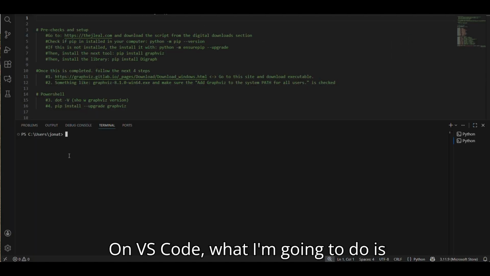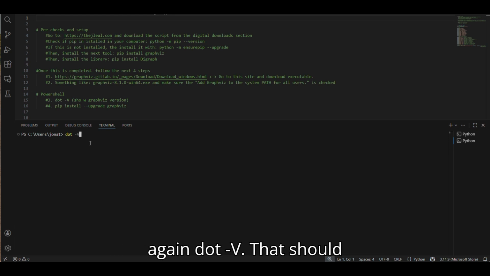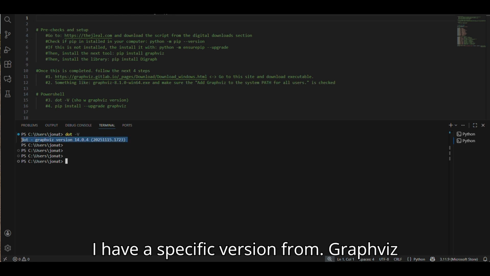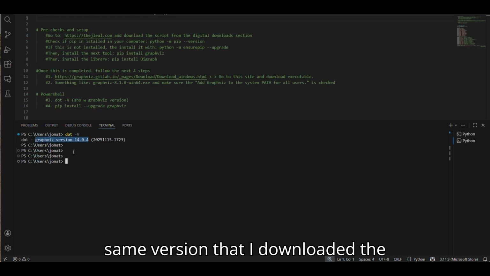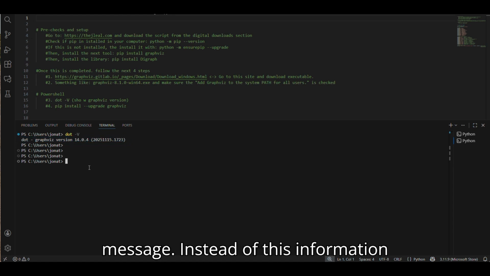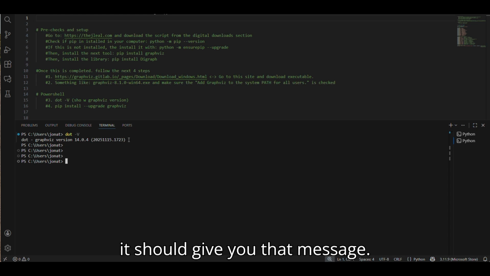On VS Code, I'm going to run this command line again, dot -v. I ran this on PowerShell and it worked, but now from my VS Code terminal I have to run it again, and I should see this message saying that I have a specific version of Graphviz, and you can see it's the same version that I downloaded the executable for. So I'm good to run it. In case you get an error message instead of this information right here, restart VS Code, and when it comes back up, run it again,